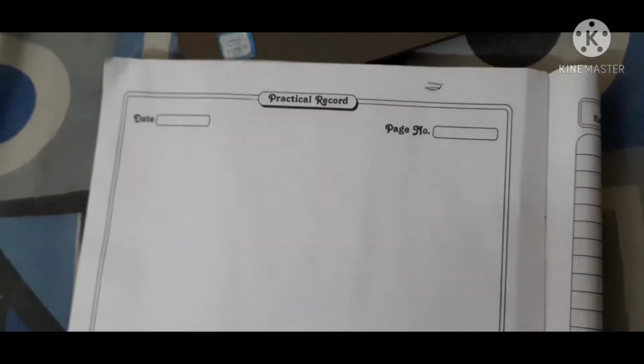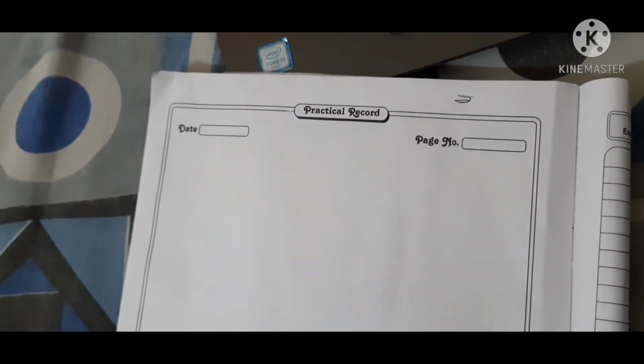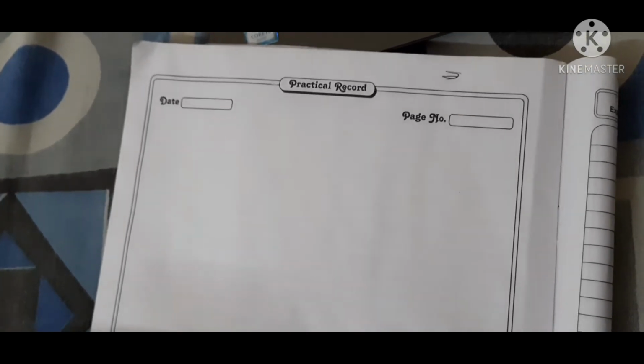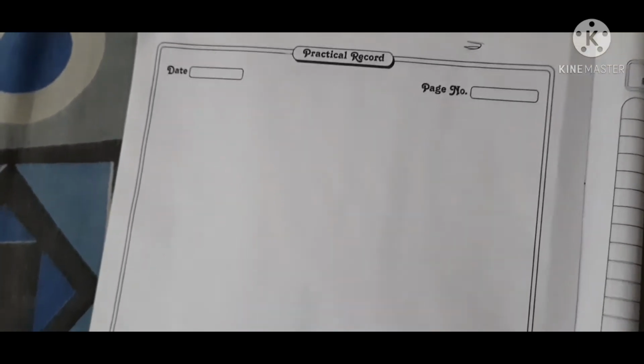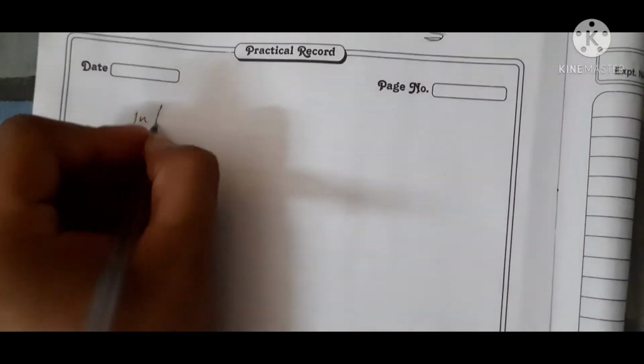So let's start. You know very well about the while loop. In the while loop there is firstly the loop initialization statement, after that there is the condition, and in the last there is the increment or decrement statement. So now firstly I take the variables which play a role in finding the Fibonacci series.